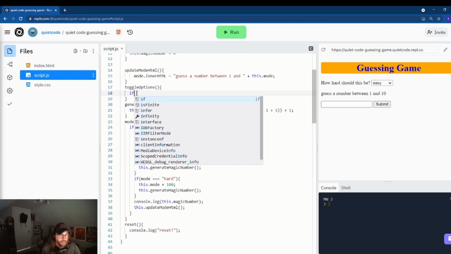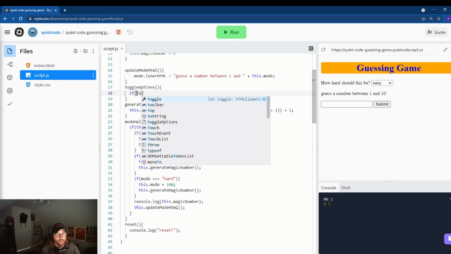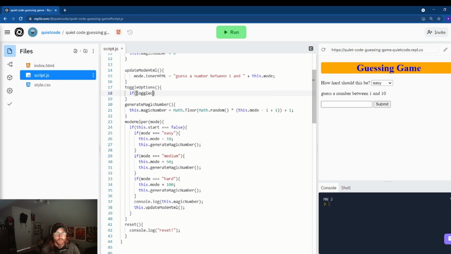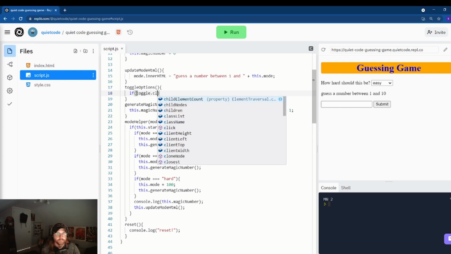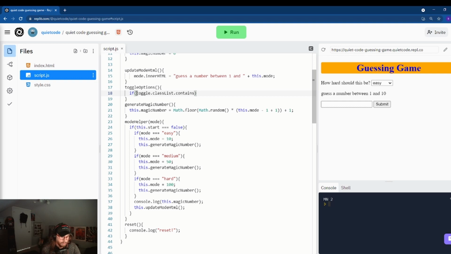It checks to see if there's a class list on there, which right now by default has hide on it. So we'll check and we'll see if toggle.classList.contains